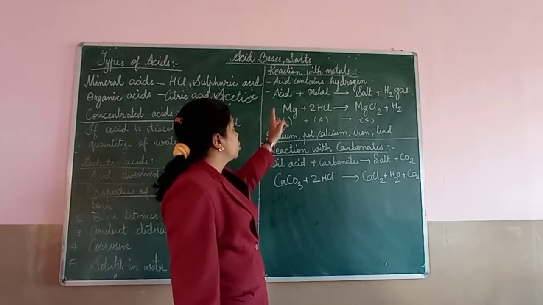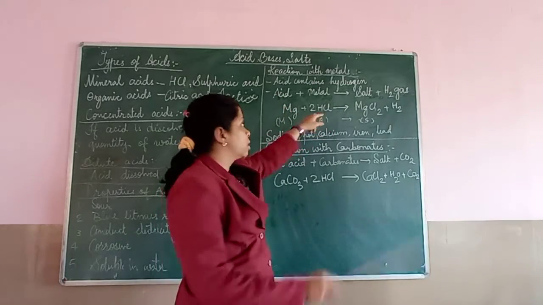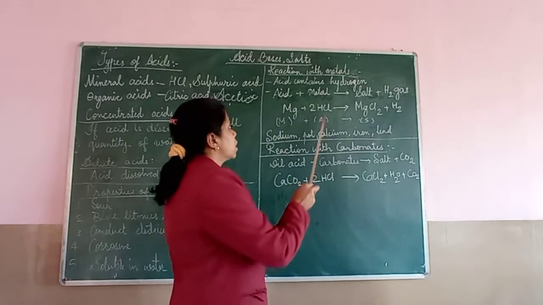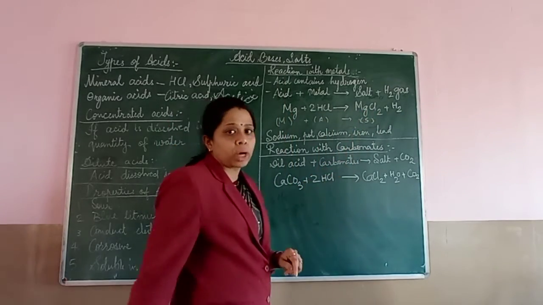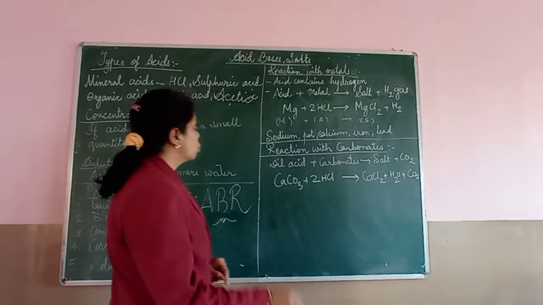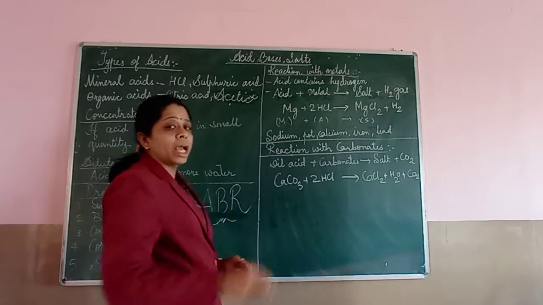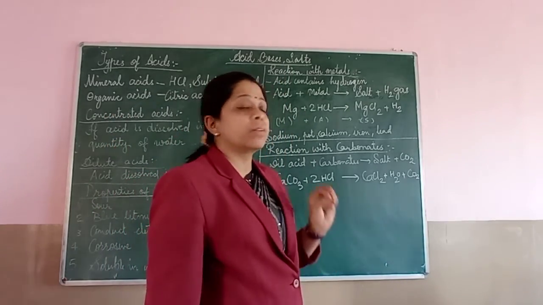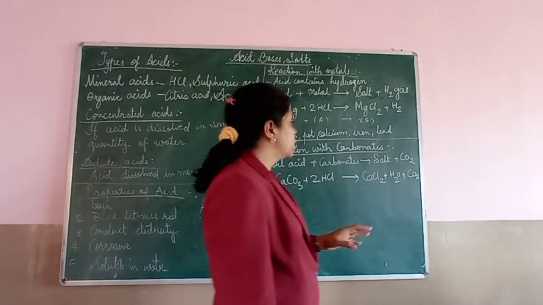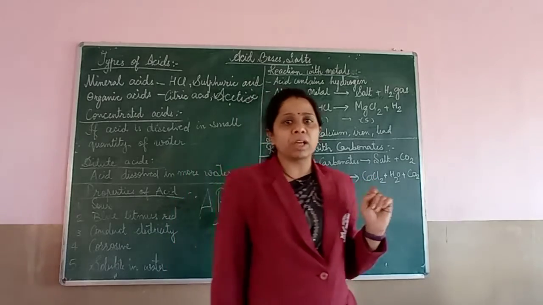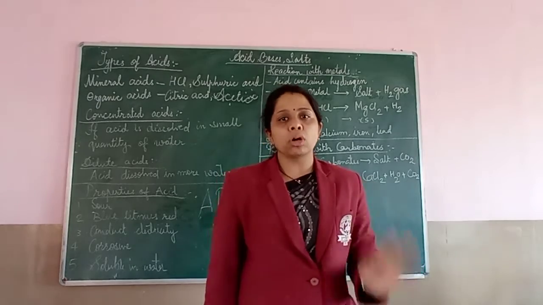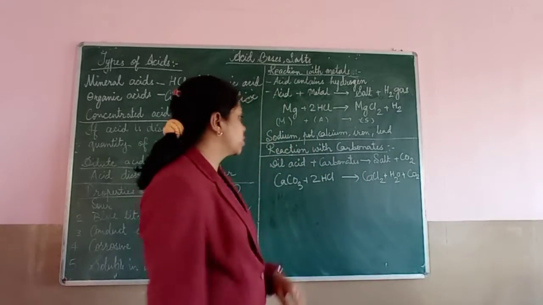Which of the acids is there? Hydrochloric acid. If hydrochloric acid reacts with metal, that is magnesium, then what will it give? It will give magnesium chloride. At the same time, it will give hydrogen gas. So this will not only happen with magnesium, which is a metal, it will also happen with sodium, potassium, calcium, aluminium, iron, lead. It will happen with every metal, and whenever they are reacting, hydrogen gas and salt will be formed. You have to fix this in mind.